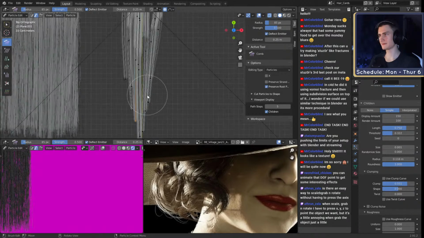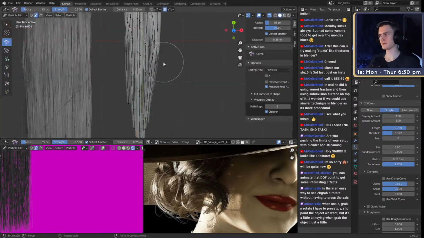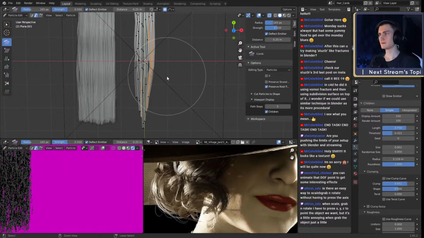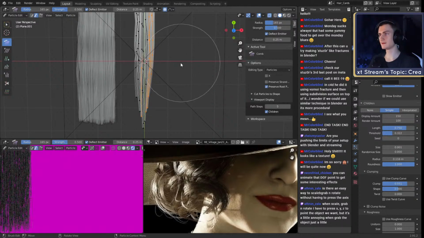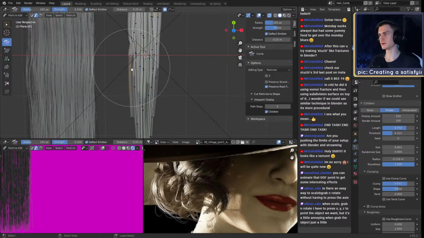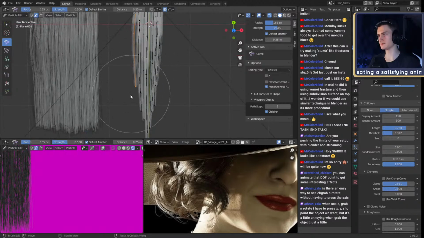There we go. We can probably make this a little bit thinner. Just selecting these ones. And then moving them a little bit closer together will probably do the job, just how we want it to be. Okay.